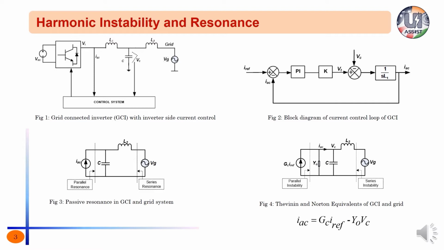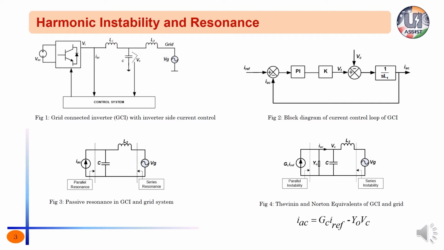We again now have two sources. If we consider the effect of one source at a time, right? So Y0 may interact with the rest of the circuit elements and the effect is called instability rather than calling it resonance. Now let us identify the differences between figure 3 and figure 4.